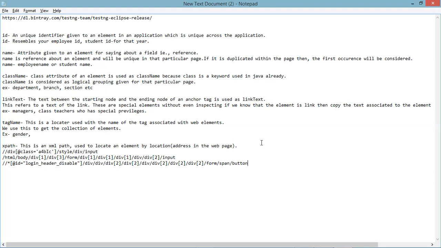Understood? Go to your line HTML path, wherever you have written the XML, the copied one. Go to the beginning, and after div 3, you add another form.